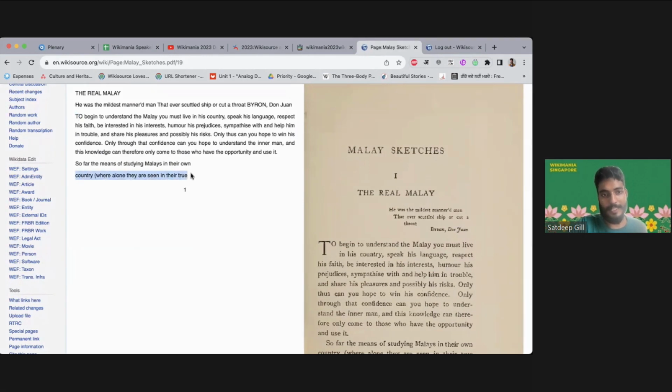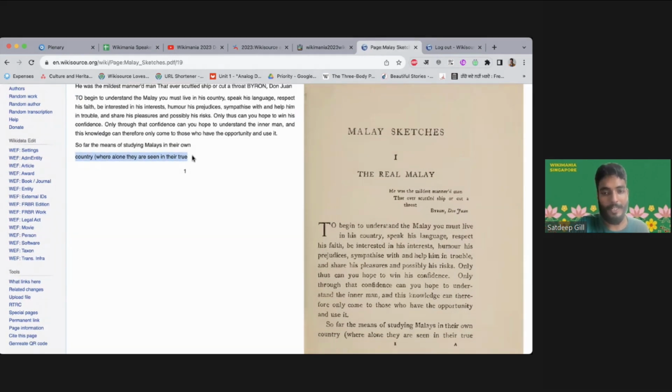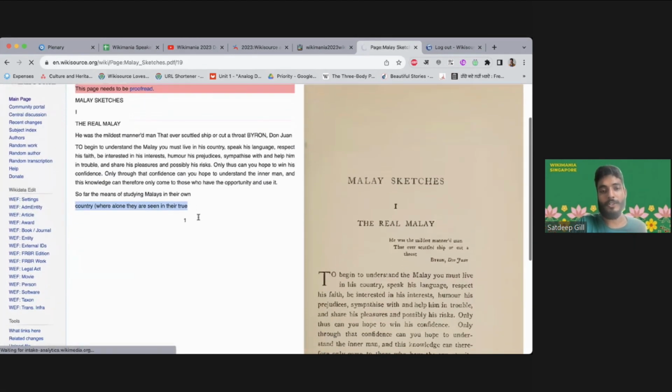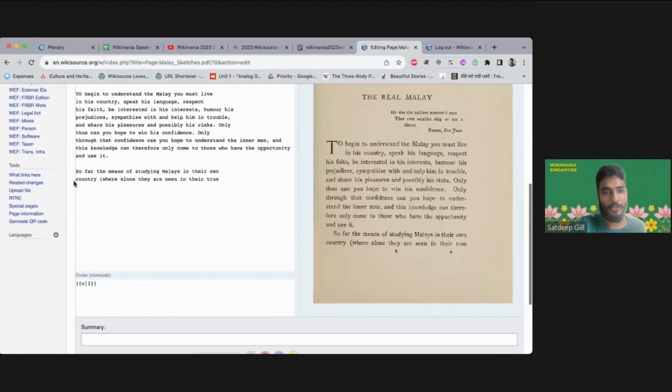immediately is that this should not be a new paragraph. "Country, where," alone, and this entire sentence should not be a new paragraph. And what's going on is there must be an extra space somewhere. So I'll just go here, click on delete, enter a space. So with this, I want to